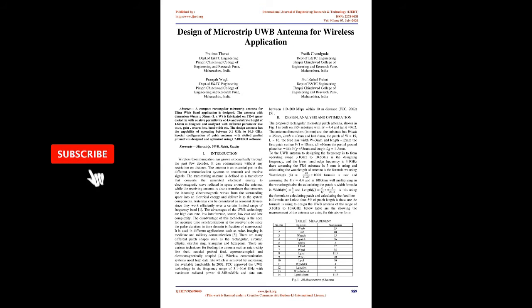Design of Microstrip UWB antenna for wireless application. Abstract: a compact rectangular microstrip antenna for ultra-wideband application is designed. The antenna with dimension 40 mm x 35 mm, L x W, is fabricated on FR4 epoxy dielectric with relative permittivity of